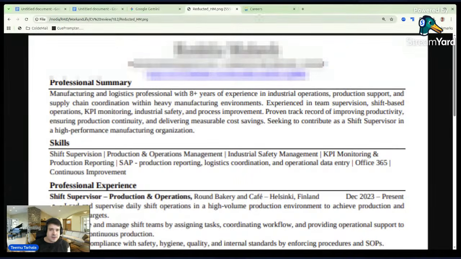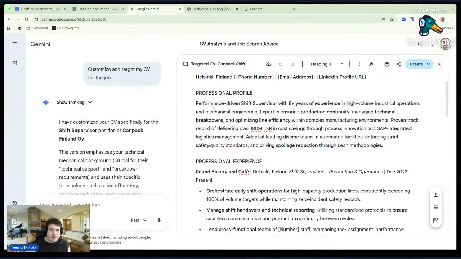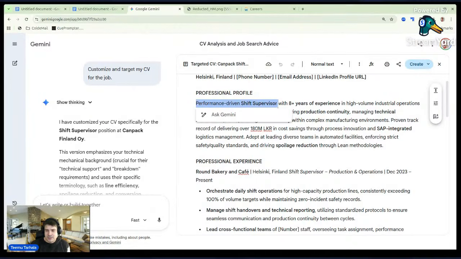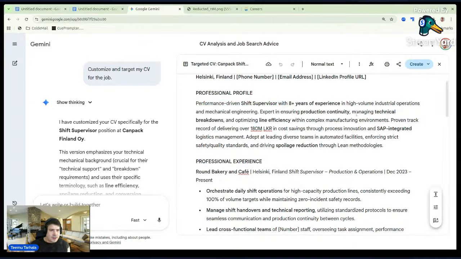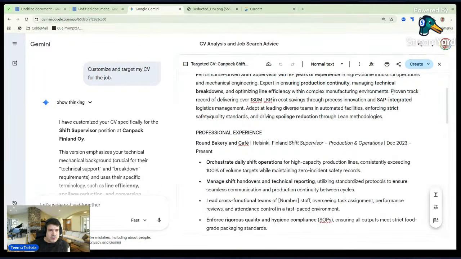And check what happened. Here we are saying straight away that we are a performance-driven shift supervisor. They are looking for a shift supervisor, so we need to tell them that, hey, we are your person. Then we have a proven track record of delivering over 180 million LKR in cost savings through process innovations.